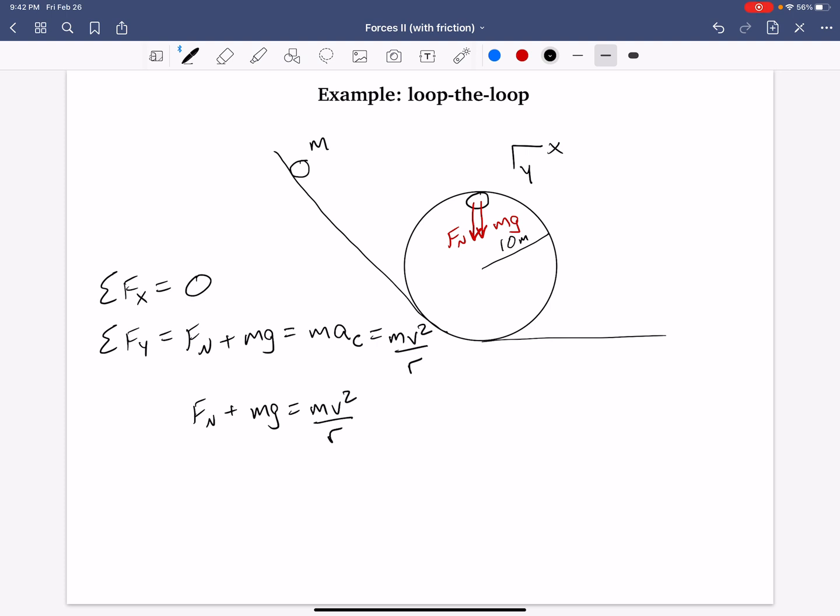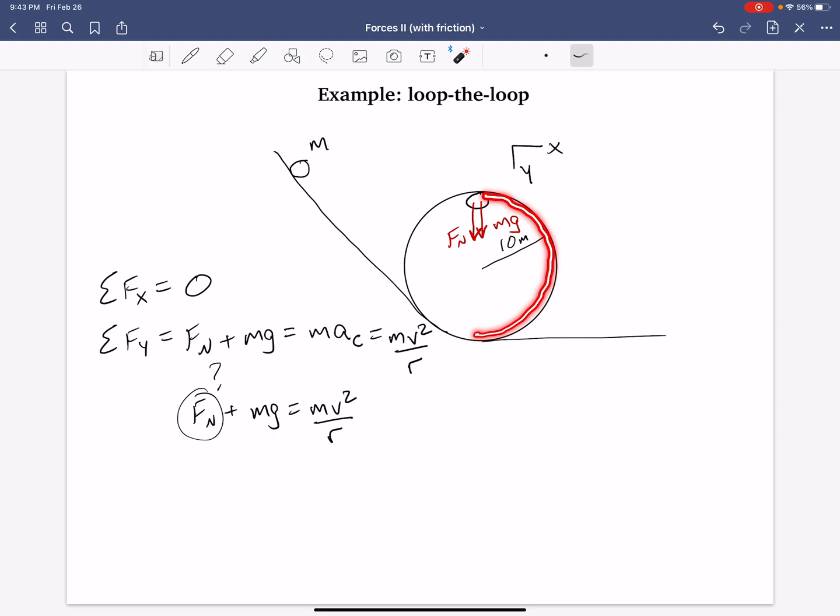Do we know mass? Turns out we won't need it. g is a constant, r is given. We're finding speed. The normal force right here, actually, let's just circle that. The normal force, do we know that? No, we don't. But let's put on our physics thinking caps a second. If we want to find the minimum speed required for this ball to maintain contact the entire way up the curve,